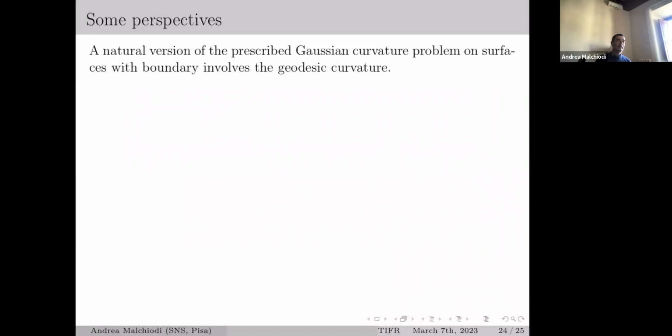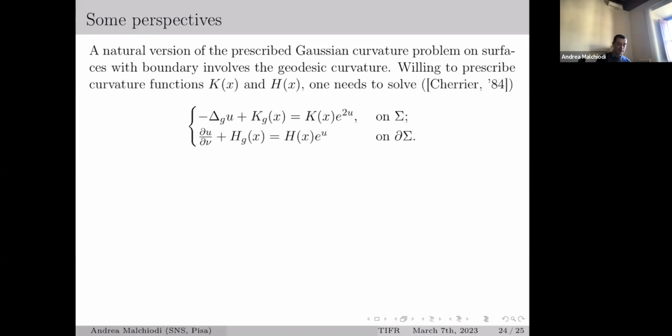So another direction is that of surfaces with boundary. The natural boundary datum now involves prescribing the geodesic curvature of the boundary via a conformal metric, in addition to the Gaussian curvature in the interior. So this was studied in the 80s by Chaillet, a student of Aubin. And if you want to prescribe the function k of x as the Gaussian curvature in the interior, and the function h of x